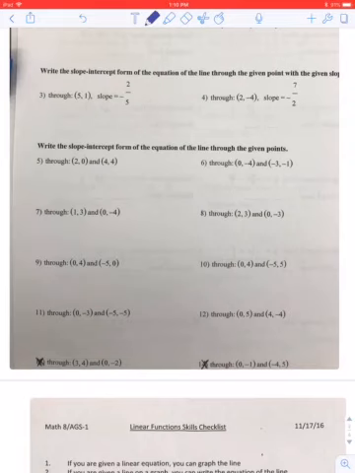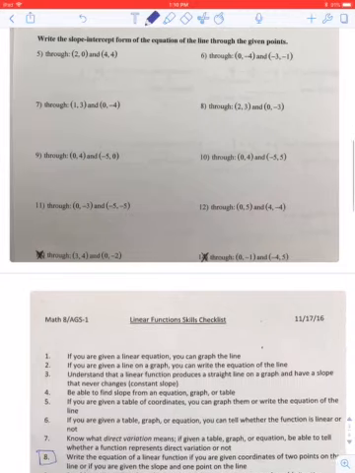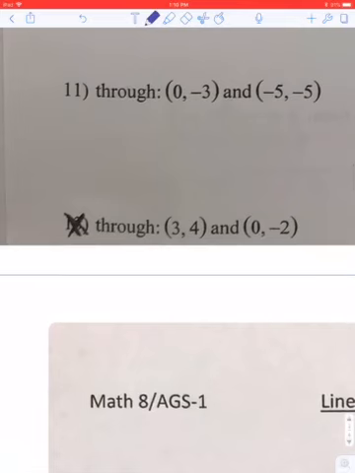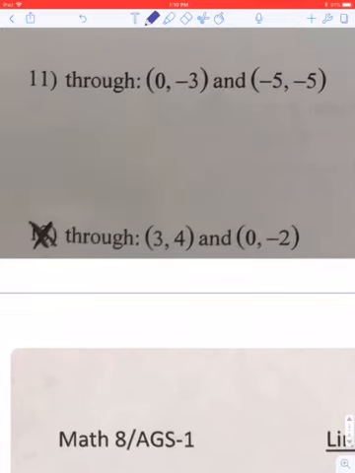Let's see here. I want to choose one that has some negative numbers. Let's go all the way down, and I'll do like 11 for you, okay? So the first thing we need to do is get the slope. So remember, the y's are on top. So I'm going to call these over here like the 2's, and then these will be the 1's. So the formula is y2,